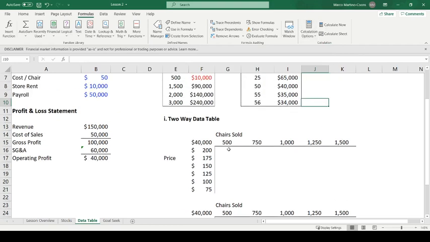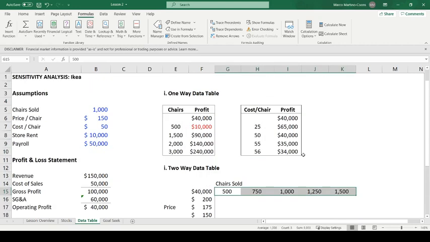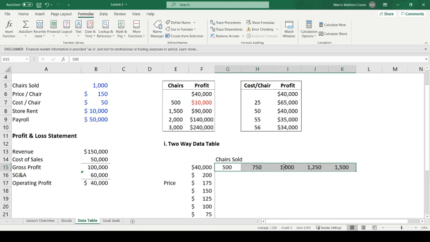So let's take a look at how we would do this. I randomly chose these numbers, okay? We originally had 1,000 shares. I put in potentially they could have 1,000, maybe 750, maybe 500, 1,250, and 1,500. You could really change these to whatever you want, and the premise of what I'm trying to teach you isn't